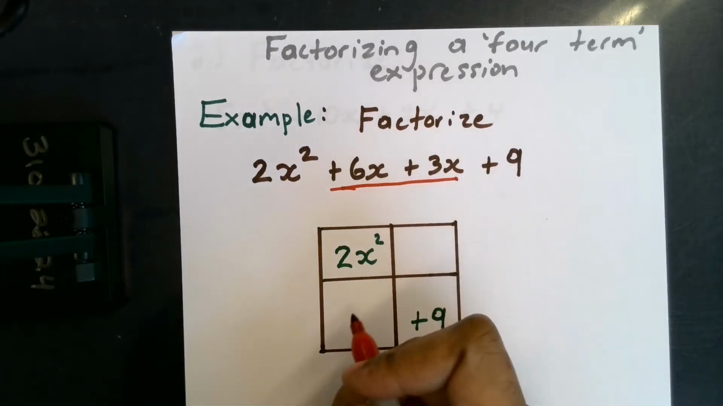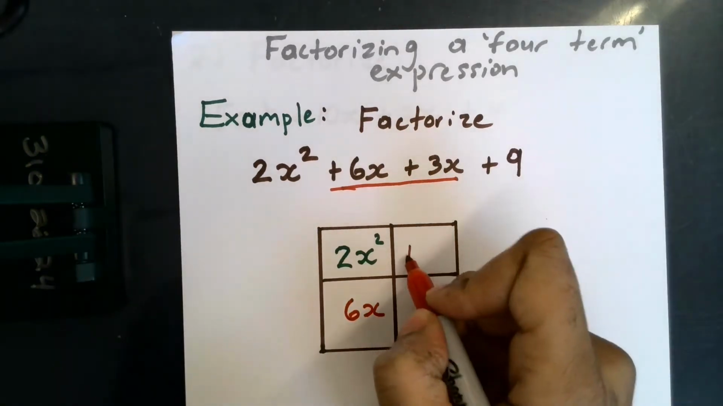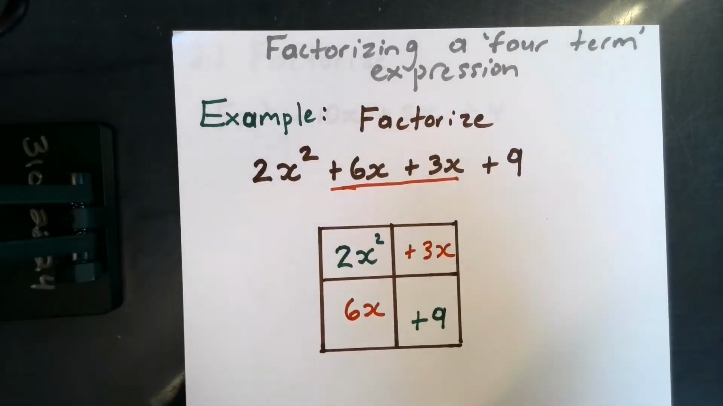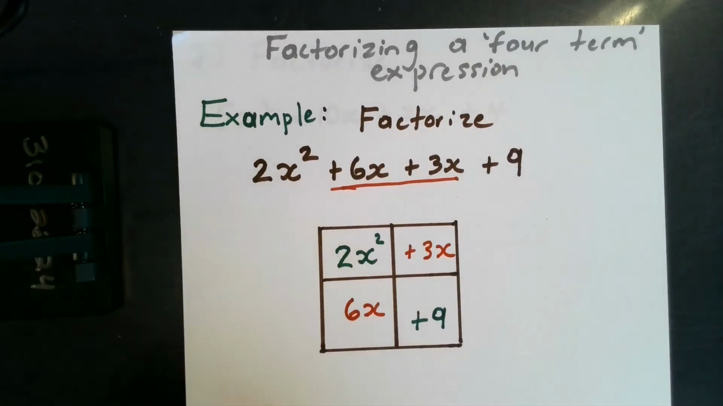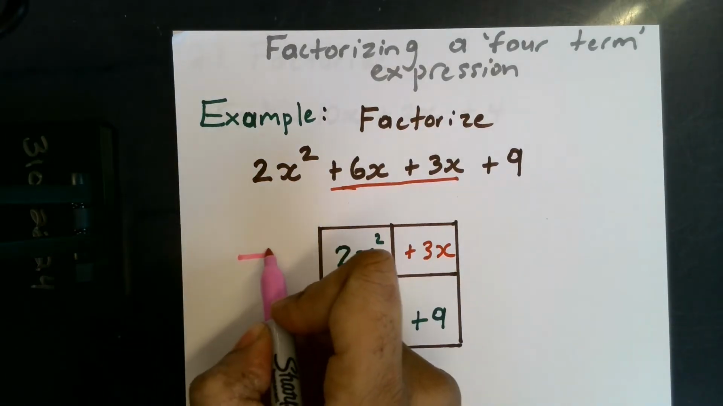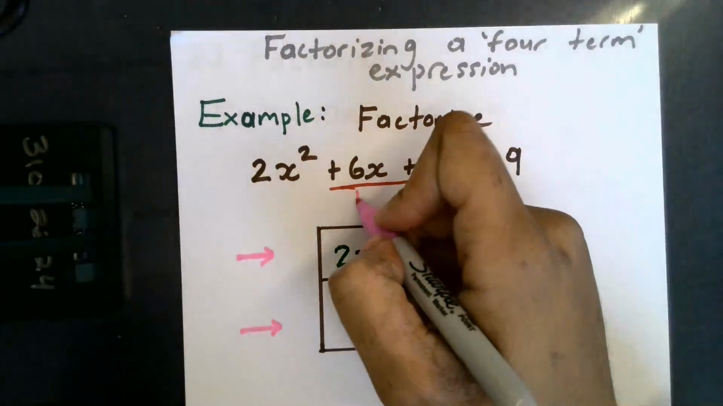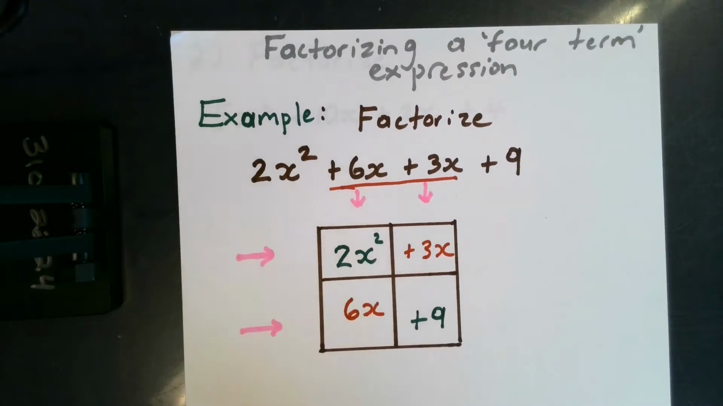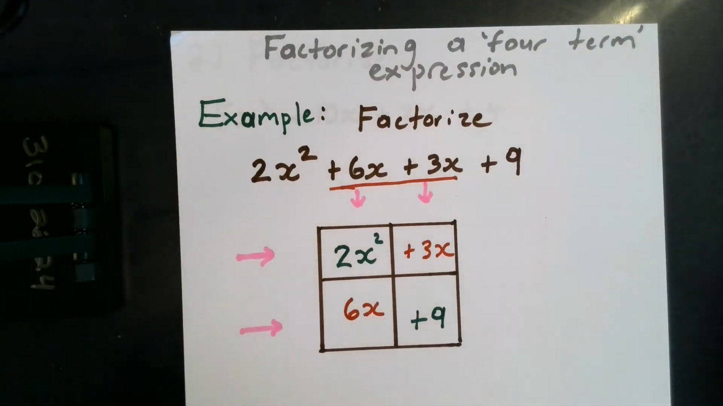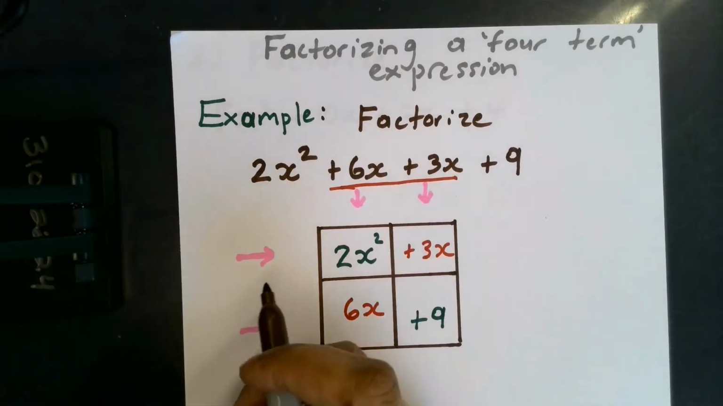Alright, so 6x and 3x. Now I am going to be using arrows to help us determine the answer. I will explain to you what the arrows mean. So in this direction,